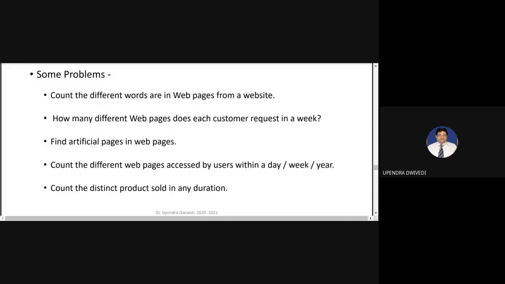Why should we need to count the different words from web pages?